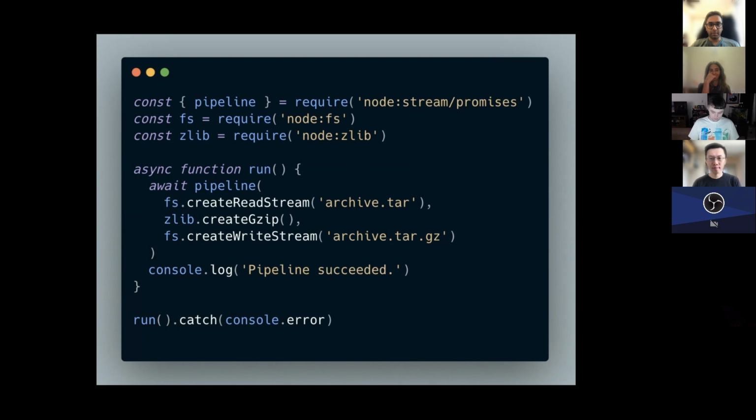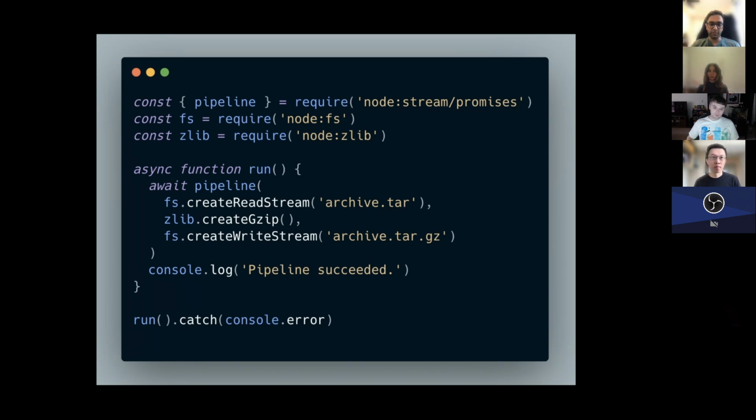Another example I would like to suggest, as we spoke in the strategic initiatives at the very beginning, is on node zlib. So that's also a promisified API here. So I'm importing stream promises, from which I'm importing pipeline, and then I have node.fs, then I have node zlib. In this function, all that's doing is taking a tar file and converting it into a tar.gz, right? So basically, you read the file as a stream, and then pass it through zlib.createGzip, and then pass it to a writable stream and say